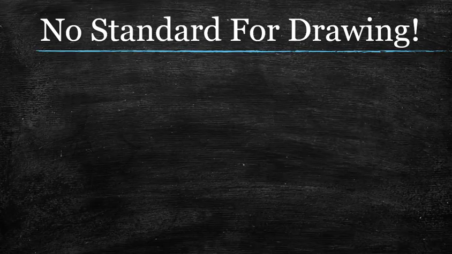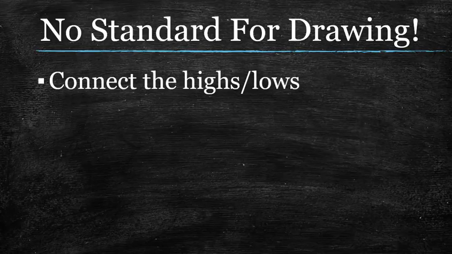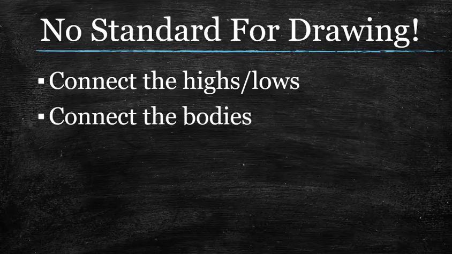Support and resistance lines have very defined areas where people are trading. Trend lines do not. I mean, how do you draw your trend line? Do you connect the highs and the lows? How many points does it take before you actually draw one? Do you just connect any 2 points on a chart? Do you wait till you get 3 or 4? Everybody's different. Do you just connect the bodies?